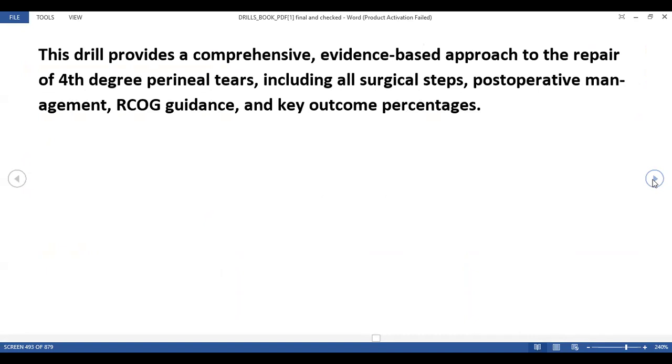This drill provides a comprehensive evidence-based approach to the repair of 4-degree perineal tear, including all surgical steps, post-operative management, RCOG guidance, and key outcome percentages. So you're done with the teaching of perineal